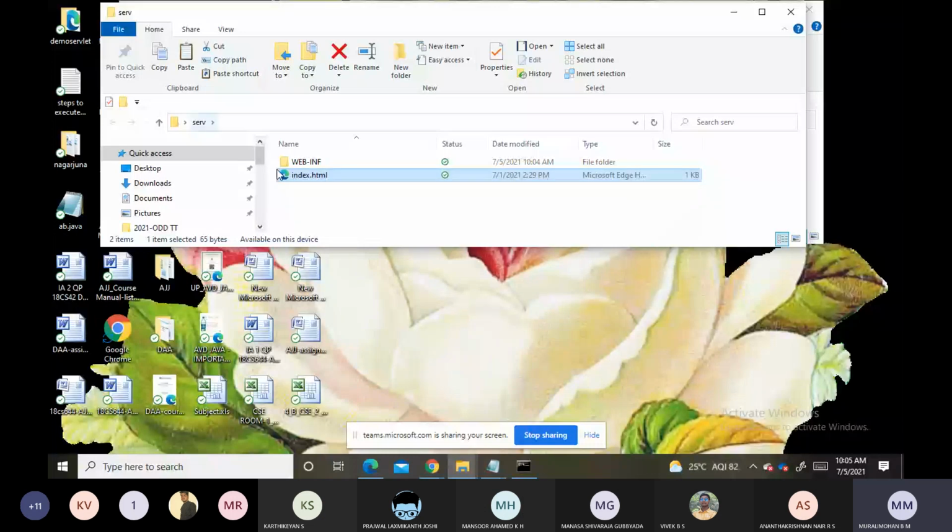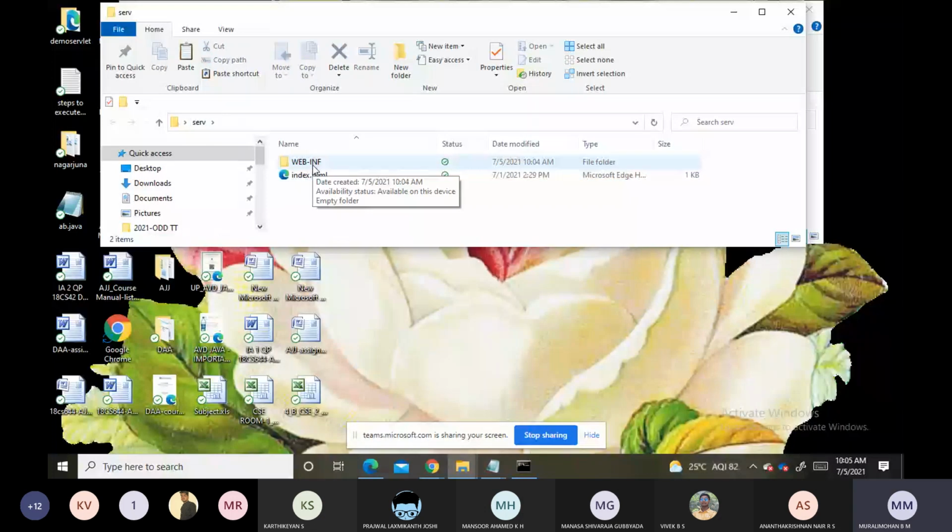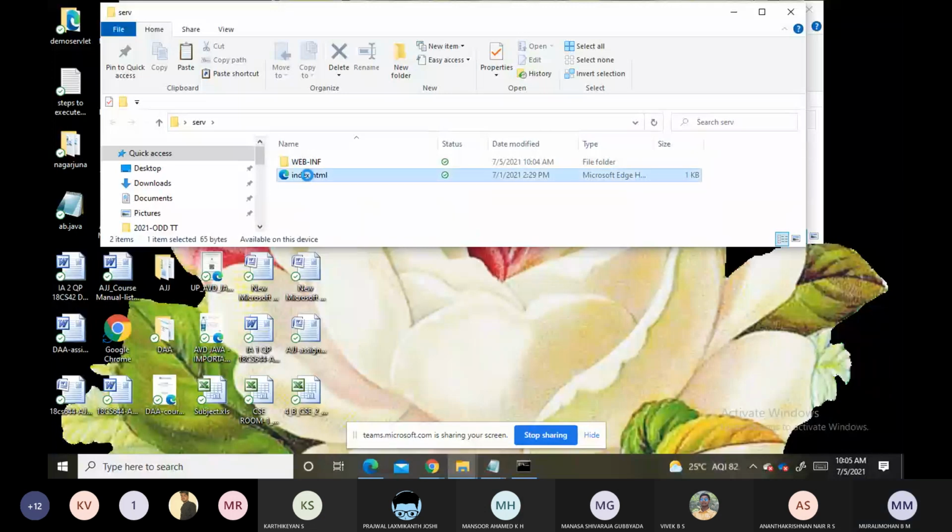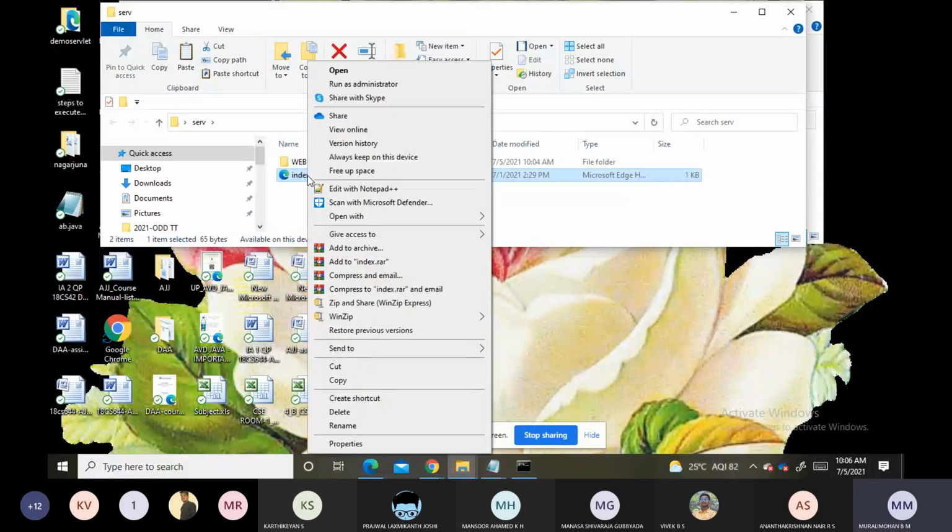So on the desktop I created a folder called serv. Whatever name you want you can create. Inside that we are creating one folder, WEB-INF. The other one is an HTML file we are creating, that is the client program. Inside this HTML, we are just writing an HTML file.